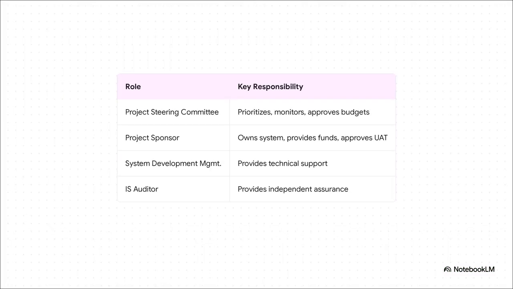So in any audit, the big question is always, who's responsible? You have to know who's on the hook for what. Think of this chart as your roadmap for accountability. You've got the steering committee, you've got management, but the person you, the auditor, really need to focus on? It's the project sponsor. Are they actually involved? Are they paying attention? Because they're the ones who have to sign off on that all-important user acceptance testing, or UAT. And trust me, getting your hands on that signature is like finding audit gold.